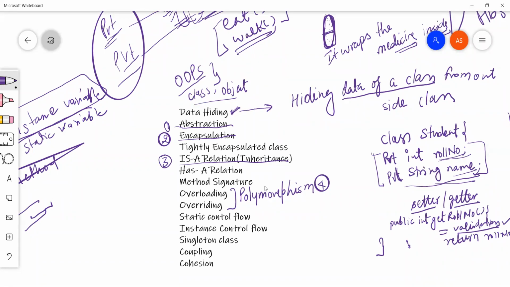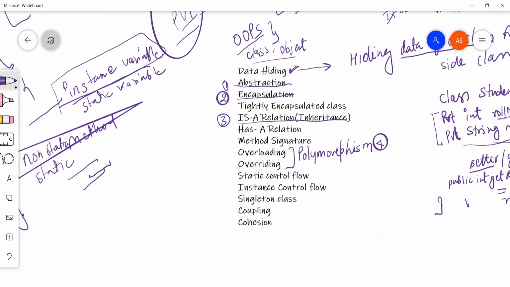If it is a static variable, that means it is nowhere related to the object, first of all. Without an object, it would be there in the memory, and we can directly use that. In both cases we can use it, right? Using the class name.